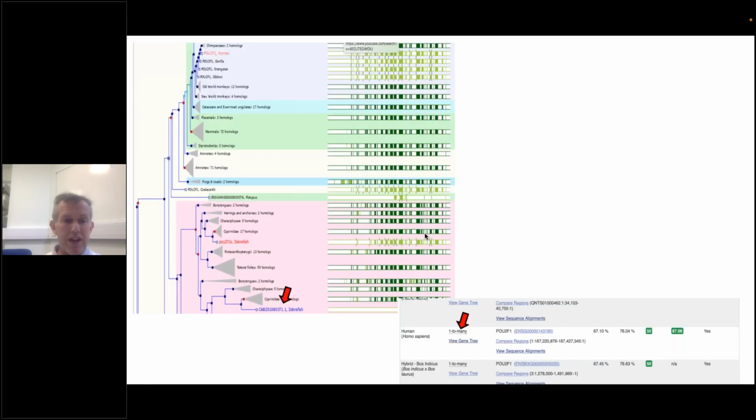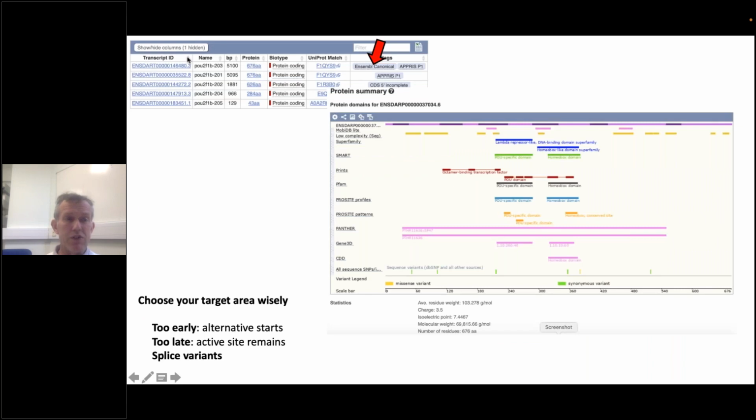Okay, once you have identified one of the genes that you will knock out, you can simply click on this gene, and then you will get to the gene landing page for the zebrafish. So it's very convenient clicking through the organisms. And then if you go to the transcripts that you can see, you need to select the transcript that you want to use for creating a knockout. And what we usually choose is the proteins that are the longest, and there's a tag over here which is very useful that says Ensembl canonical. That means that this is the most common transcript variant that is present in the zebrafish. And that's usually what we use as a start.